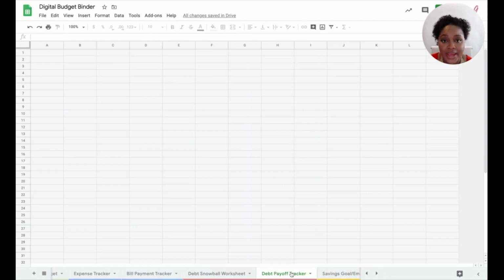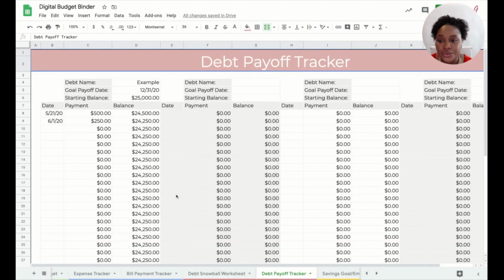Then we have the debt payoff tracker, which is also pretty cool. You can go in here and name whatever your debt is, your goal payoff date, your starting balance, and then as you make payments towards that debt, you can put your payment amount and it will automatically calculate what the new balance is. So for instance, I have an example debt of $25,000. I make a payment on 5/21 of $500. It updates the balance to $24,500. I make another payment on 6/1 of $250. It updates the balance to